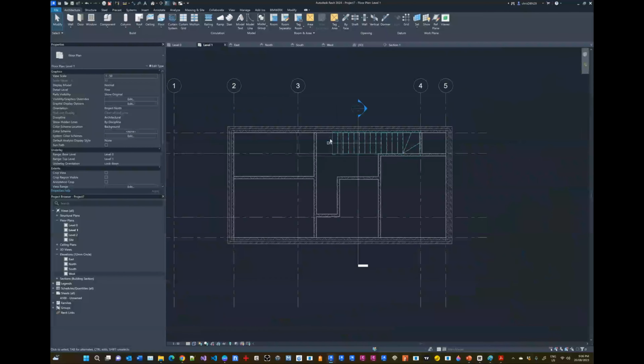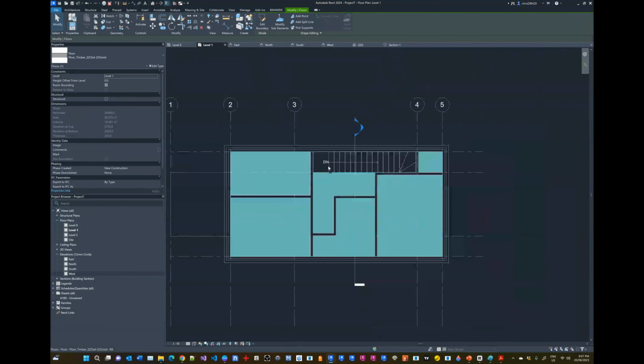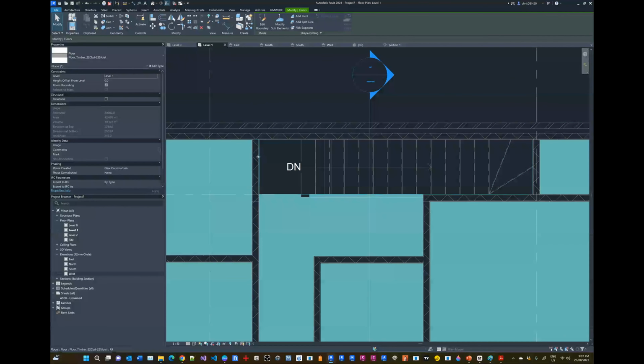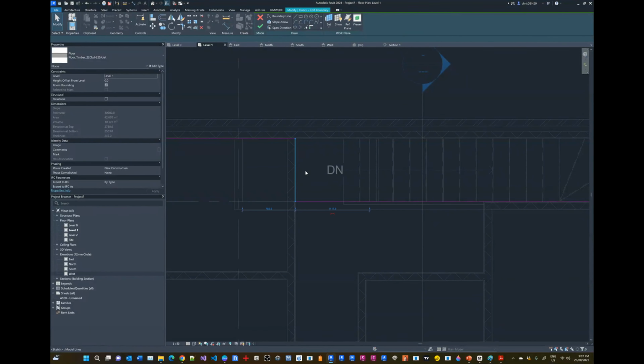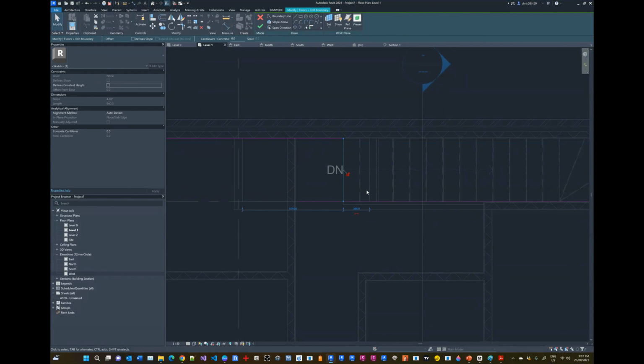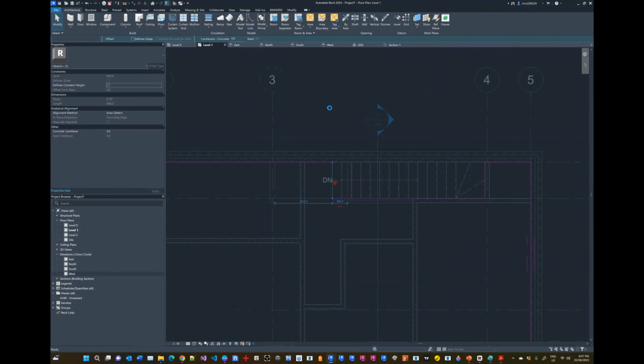Let's go to level 1. Here we can see our staircase, and we can see there's the landing. Here's our floor slab that we drew in earlier. We can probably bring these lines back a little bit since we are stepping up to the top here. Or what we can do is we can actually bring that into here. And I think that's what we'll do, just for the sake of time, is we'll bring our slab edge to there, because we know the stairs land here, right? And if we say accept,